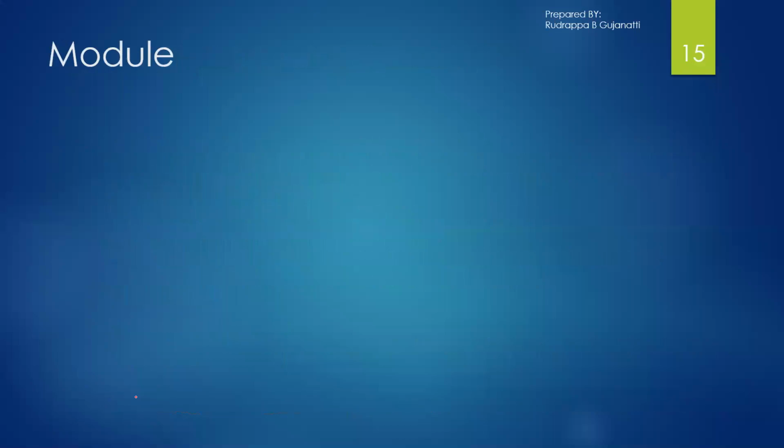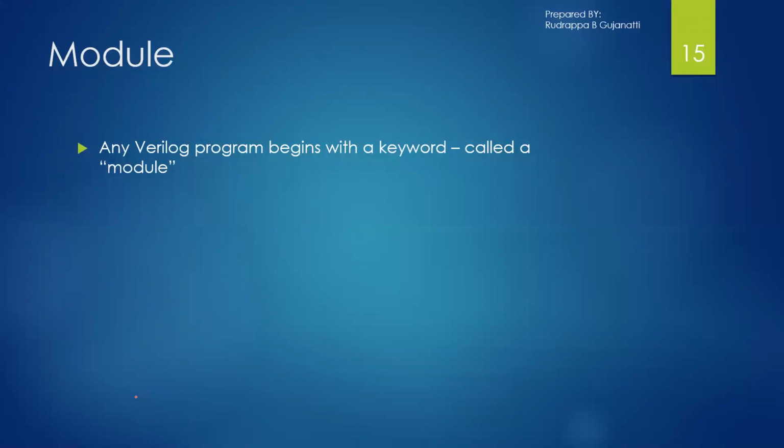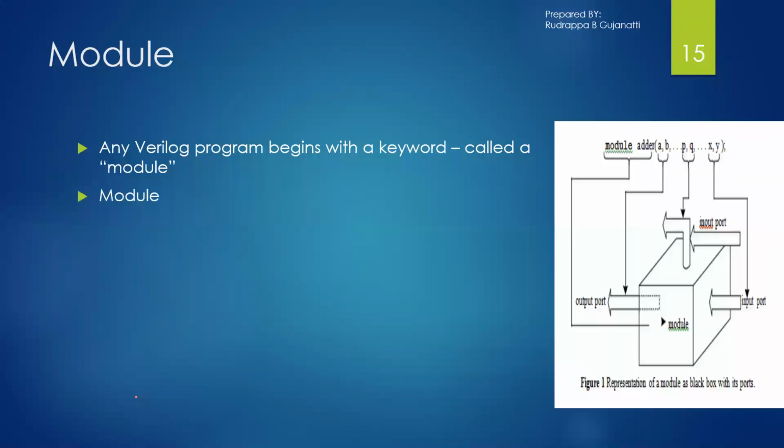So now coming back to Verilog's discussion regarding modules. What is a module? Basically, it is a keyword, but by definition, we'll look at what exactly a module does. Any Verilog program begins with the keyword we call module. Previously also we had seen some examples. This is how we can represent it. Don't worry about what is happening over here. We can see that there is a keyword representing